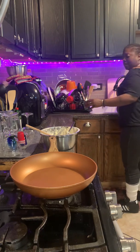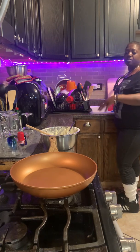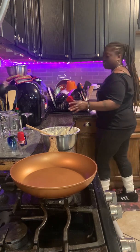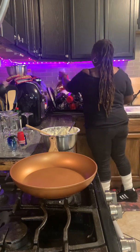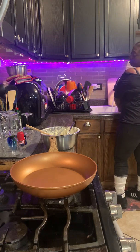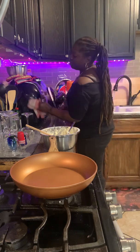I'm the type of person that I like to go to the grocery stores and hang out. I love to look at different foods and go over to the produce section and check things out. Look for stuff that I haven't tried, or, you know, see what's in season, that kind of thing. So yeah,